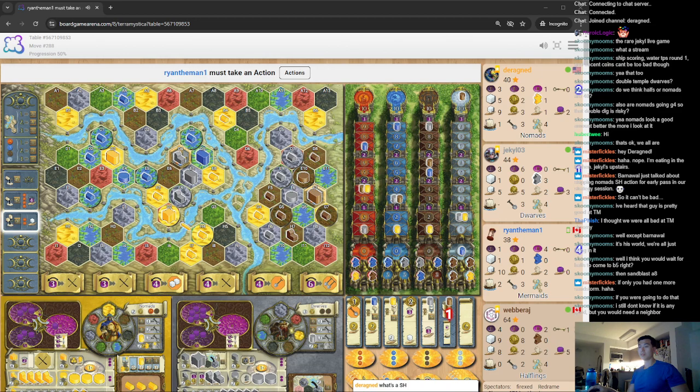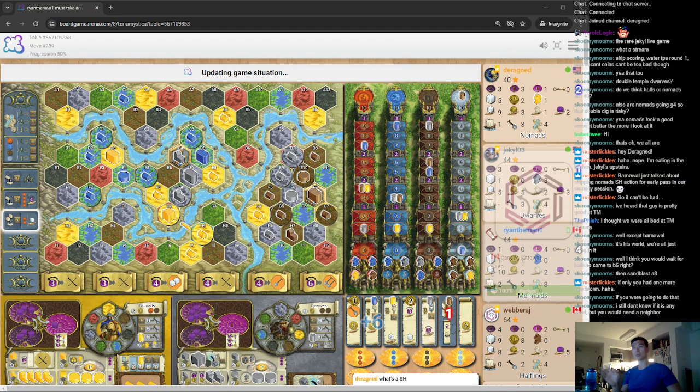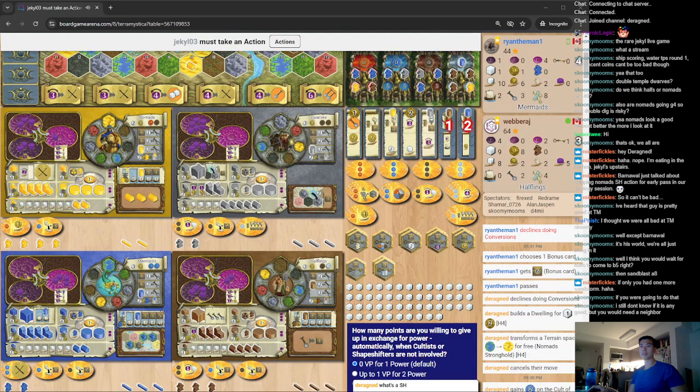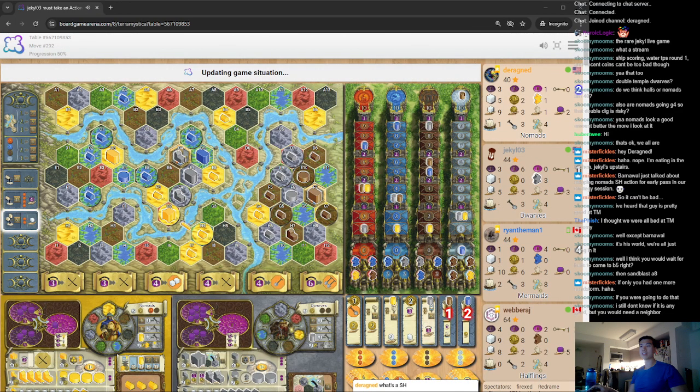Okay, Ryan passes. Dwarves probably want to pass. We'll see if dwarves pass here. So I think there's a chance that I'm supposed to pass if dwarves don't pass. In fact, I think there's a fairly good chance that I'm supposed to pass if dwarves don't pass. Okay, cool. So dwarves do pass, which means that